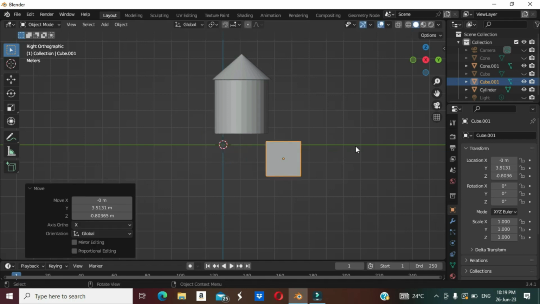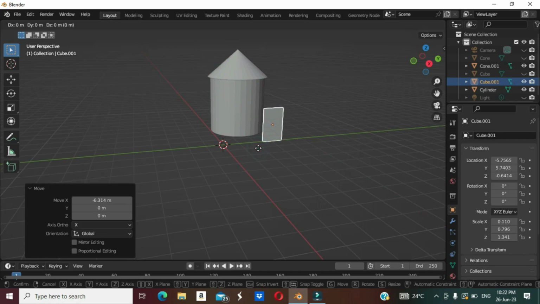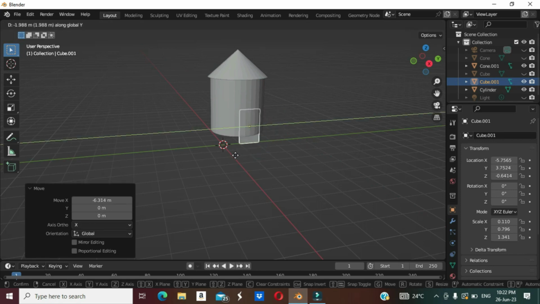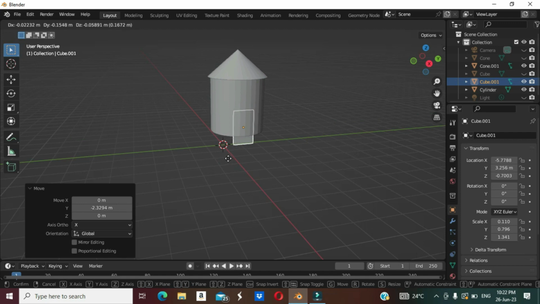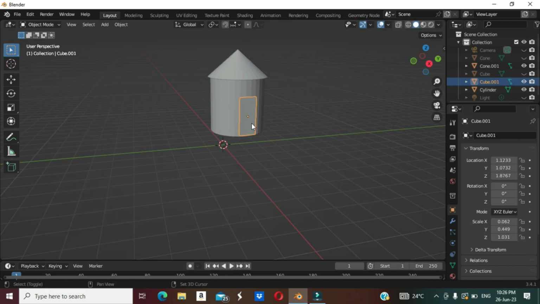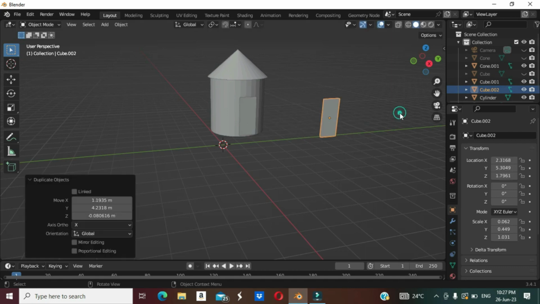Now I want to make a door, so I've imported a mesh, a cube, and I am scaling or resizing it, and I have just done that, and I'm trying to fit it into the base. And I always do this on the axis so that it can be accurate. So right now I'm on the x-axis and I am trying to fit it in, and if it doesn't sit well on the x-axis, I would move it a bit higher. If it has to go up, that's the z axis,